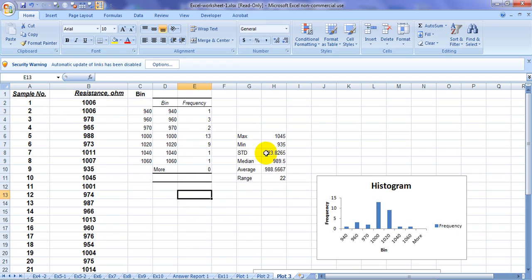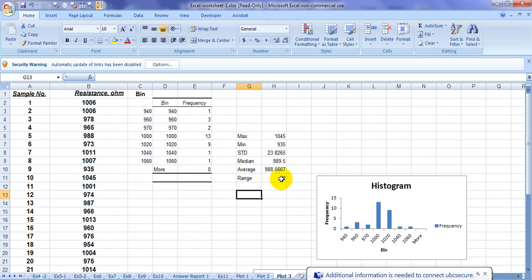data acquisition? What I did basically, first of all, I went there and found the maximum and minimum, standard deviation, median, average, and range. Now in terms of the range, when you want to plot this histogram, 1, 2, 3, 4, 5, 6, 7. If I want to have 7 categories or 7 ranges for my histogram, so what you do is simply